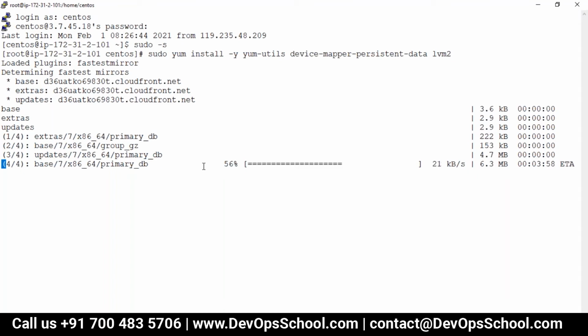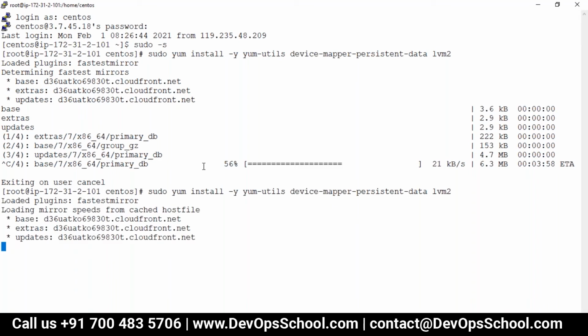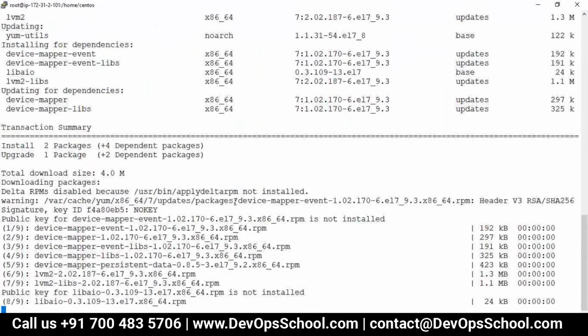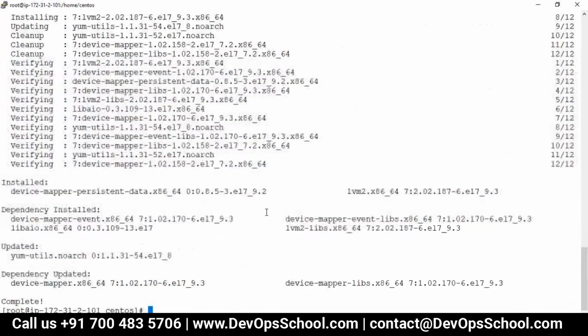So it's taking time. So Control C, I'll rerun this command. Sometimes what happens, if I cancel this and rerun that, it will take faster because of the different mirrors they will try, and it's done.